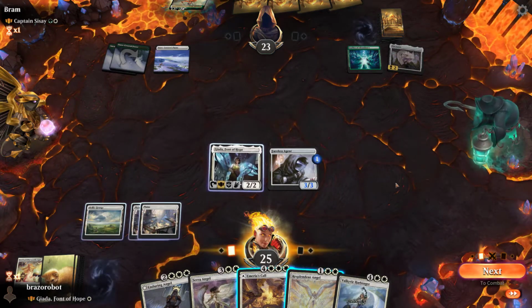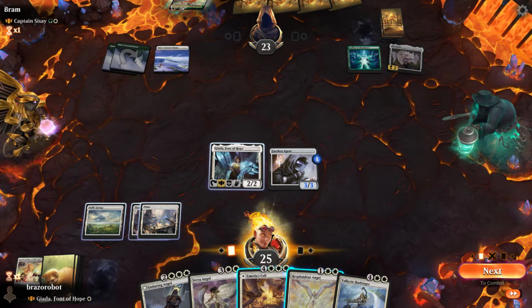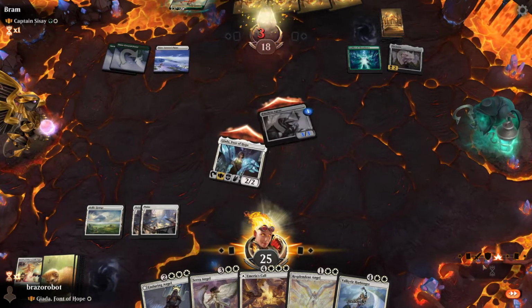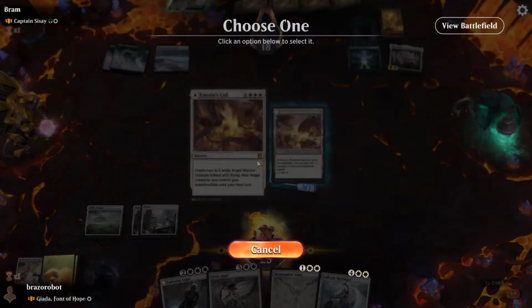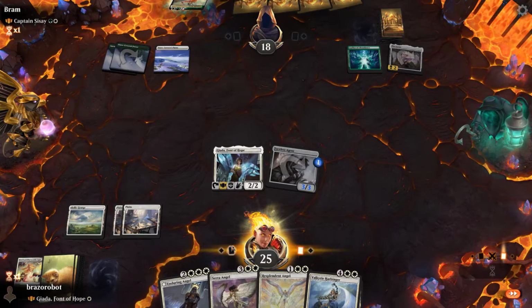And we are missing land drops. Oh, we have the Myria, which is quite nice. So we can have a better play this turn. So let's attack and play Myria as a land. We have to bolt ourselves, pay 3, and